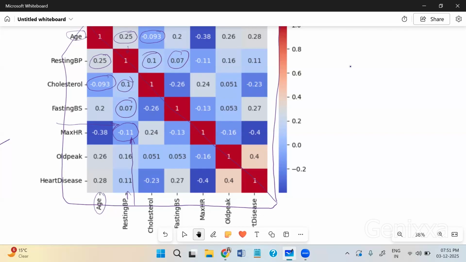Let me know which two variables look correlated with a high value in comparison to the others. 0.4 value, yes, old peak with heart disease, we can call it. So this heart disease value with old peak, at least we are able to see a positive correlation with this one. So this kind of general analysis you can do by analyzing different types of variables against each other,